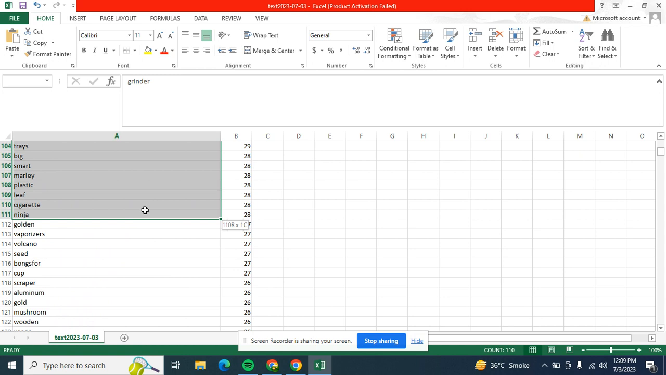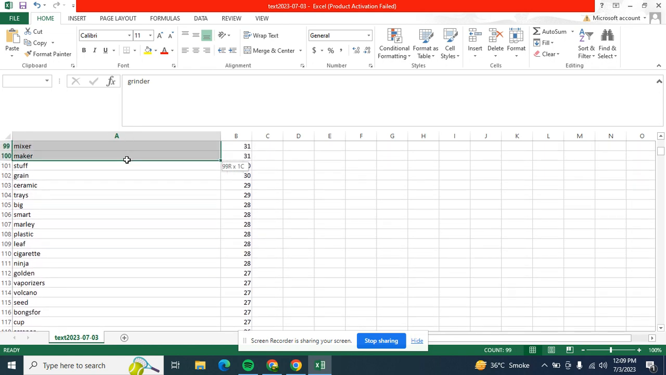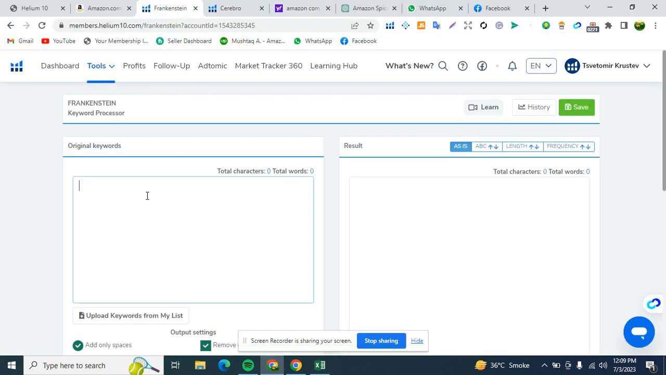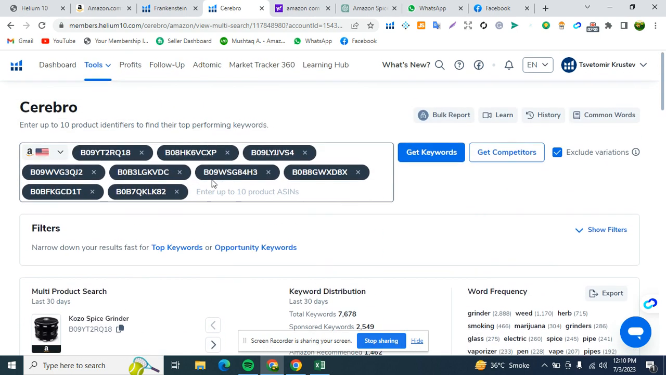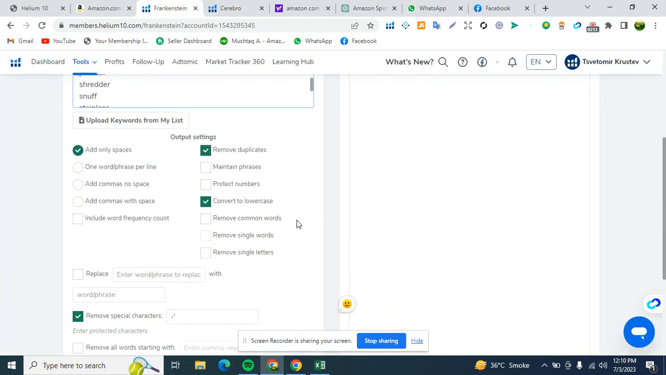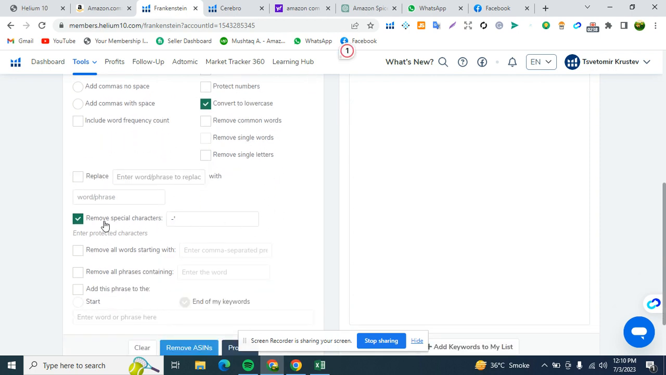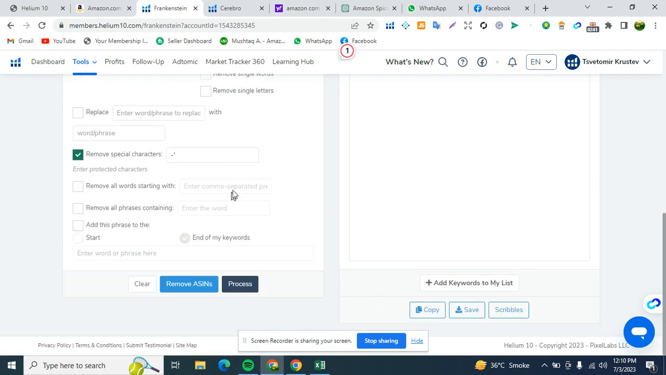because we need 250 characters for our backend search terms. 100 we can select it. If many more, then we select. We click on Frankenstein and then paste it here. All keywords from this file which we downloaded from Cerebro, and then paste it here. Then you can click add only spaces, remove duplicates, convert to lowercase, remove special characters. Okay, and we note that you cannot add any brand name which is selling on Amazon, which will